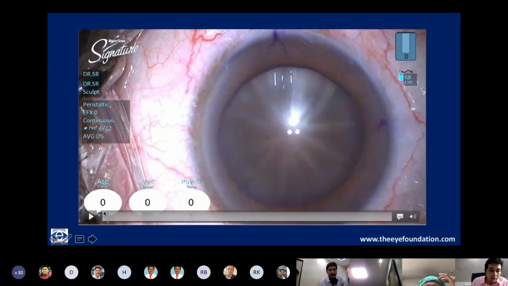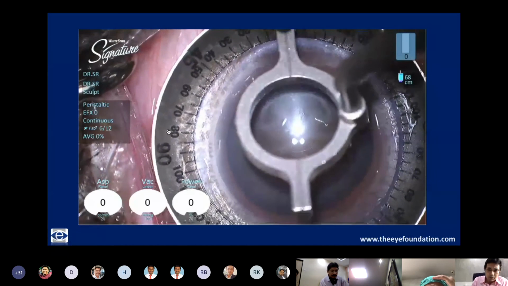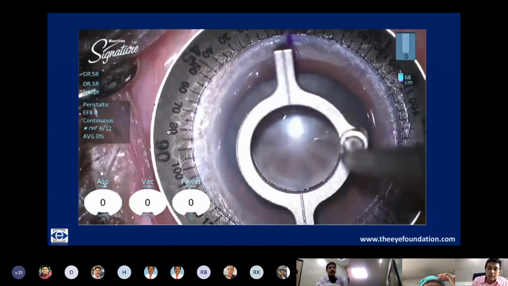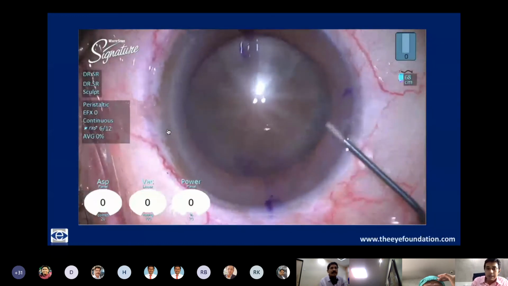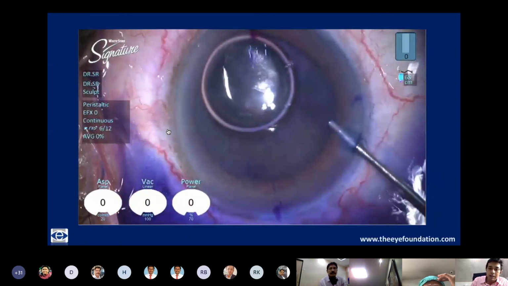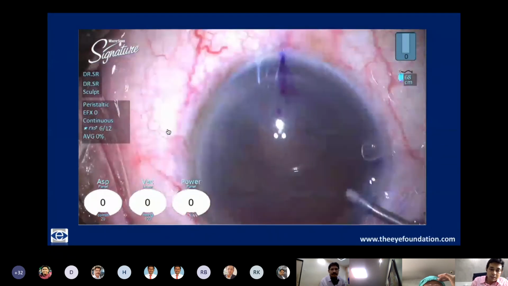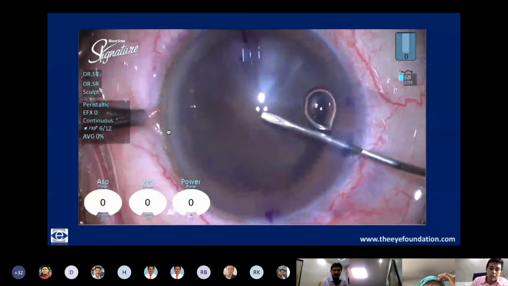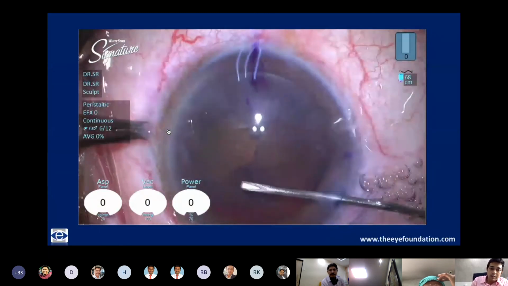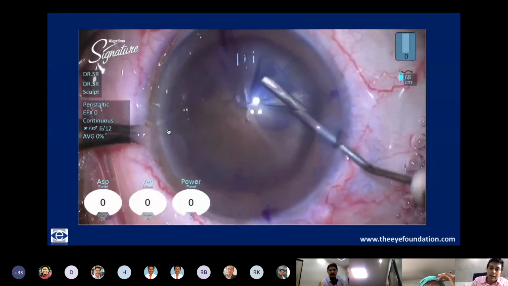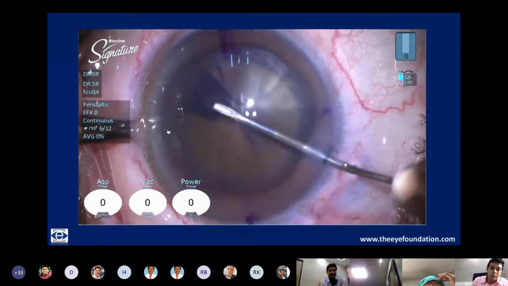So let us just start off with this relatively dense brown nucleus. This was a patient who also wanted a toric multifocal lens. So this is the initial marking going in. For these hard cataracts, I do use Trypan Blue because the red glow is not very good. And generally, a normal viscoelastic is sufficient. In these cases, you don't necessarily need a high molecular weight viscoelastic. In later parts with a very hard cataract, you can use something like a visco to reduce the amount of damage to the endothelium.